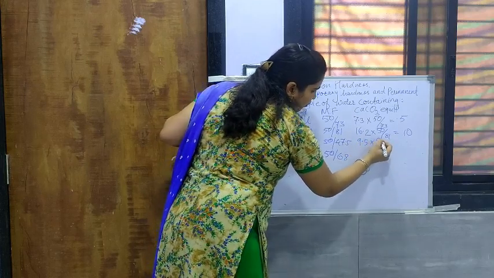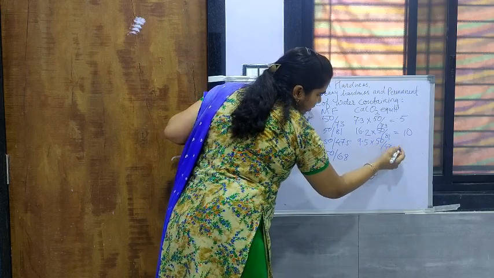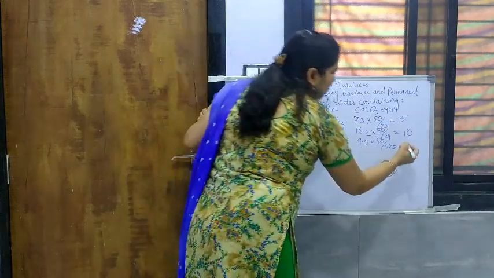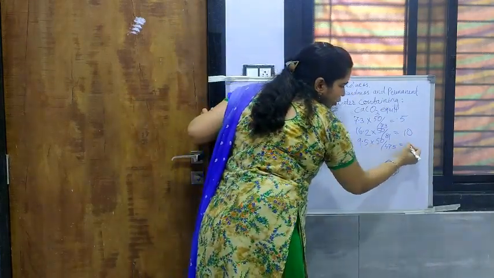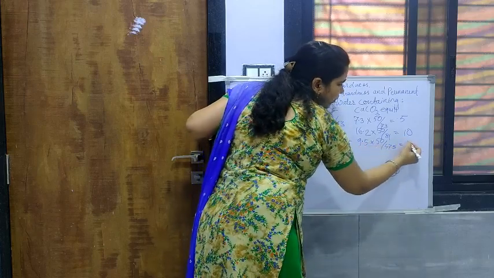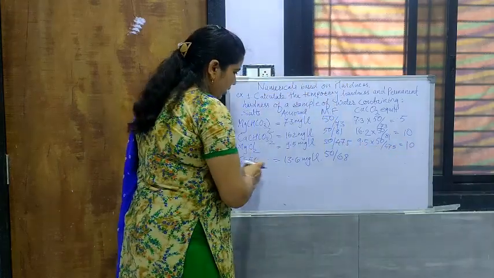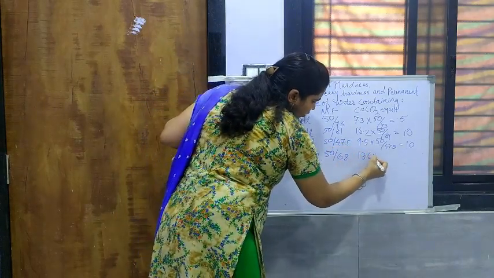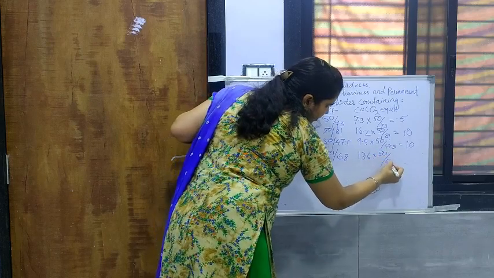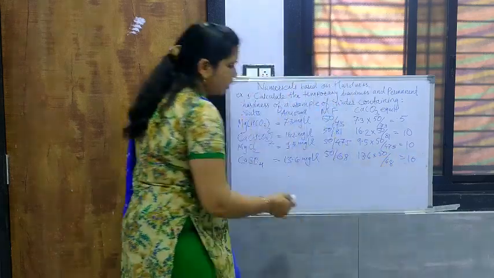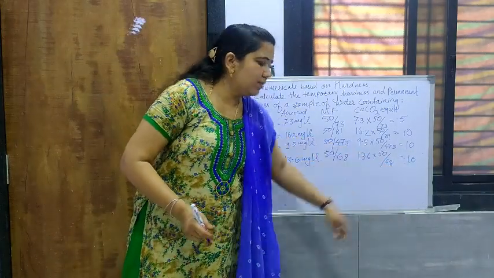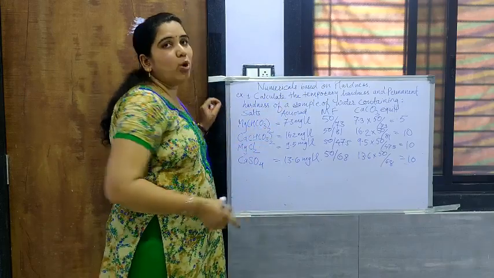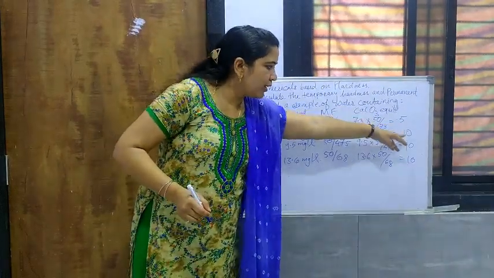In this way for MgCl2, again there is a division, 9.5 into 50 upon 47.5. So 47.5 into 2 is 95, so that will be the value of 0.2. Here 0.2 into 50 is again 10. Then 13.6 into 50 upon 68. So here also the value will be 10, as 136 is 68 by 2. Now in this way we have got the CaCO3 equivalent of each of the salts: 5, 10, 10, 10.